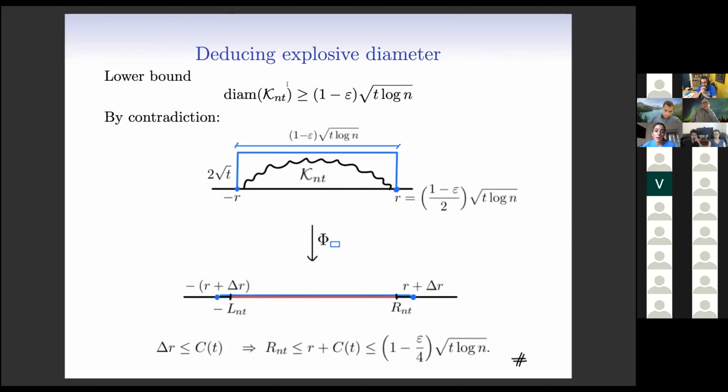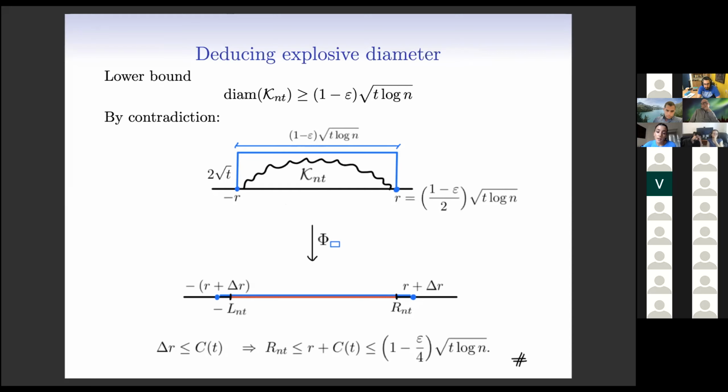So you can argue by contradiction. Suppose that the diameter is smaller than 1 minus epsilon times square root of t log n. Then the cluster will be contained in a rectangle which has height of order 1, bounded by 2 square root of t, and base length bounded by 1 minus epsilon square root of t log n. So if I call r and minus r the base points of this rectangle,